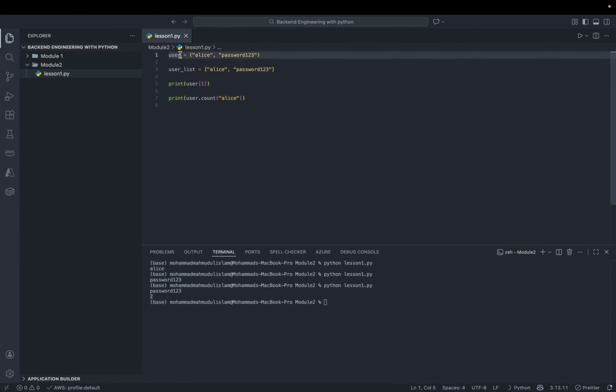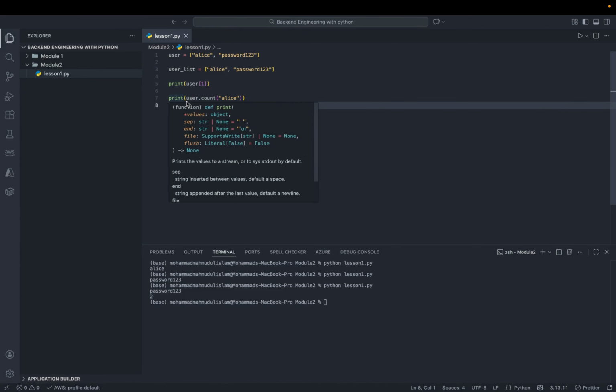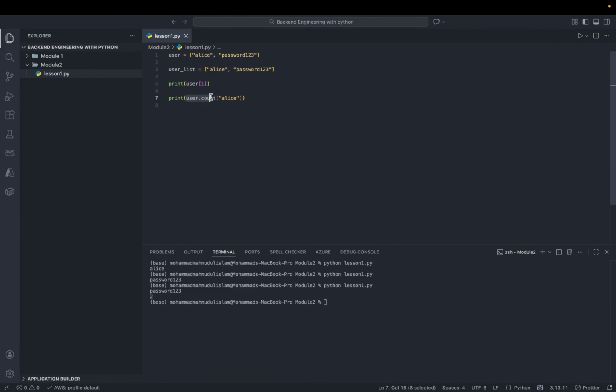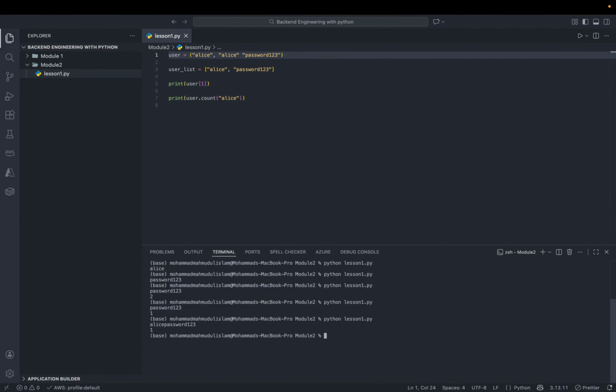So in this variable and dot count, I tell Python that you have to count the value of Alice in the user tuple. So if I now run this program, you see it's one, but if I add more Alice here and rerun the program again,